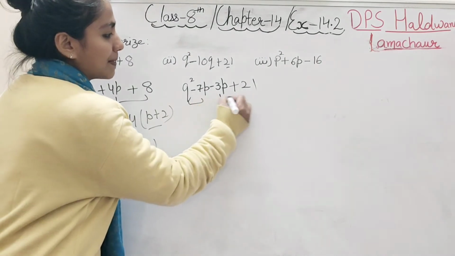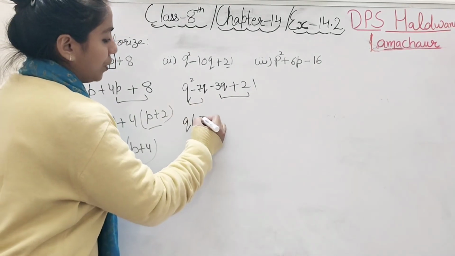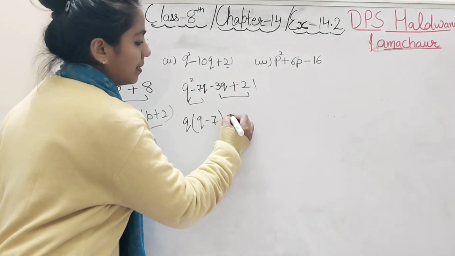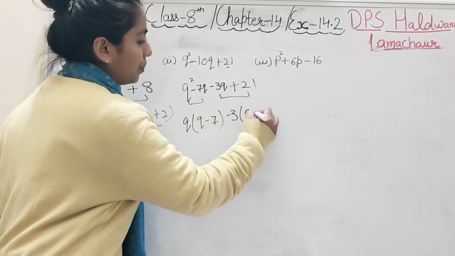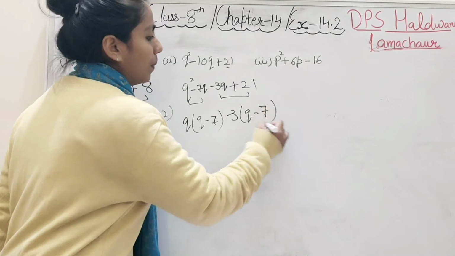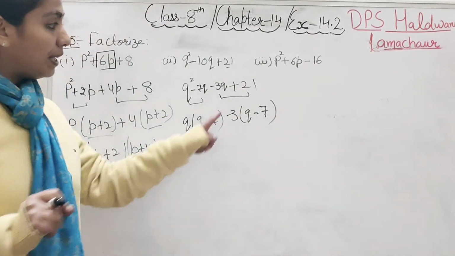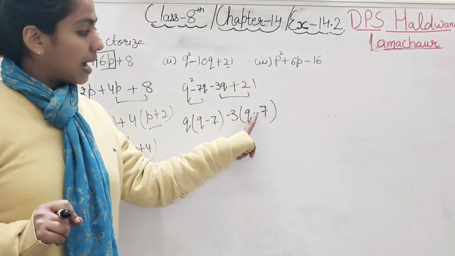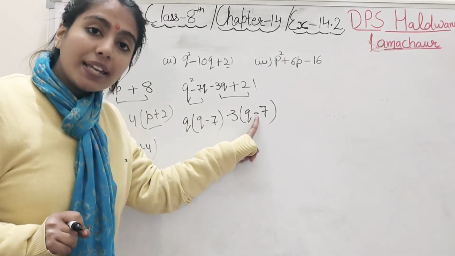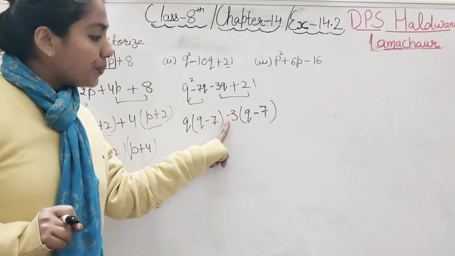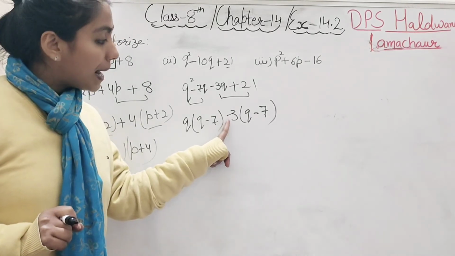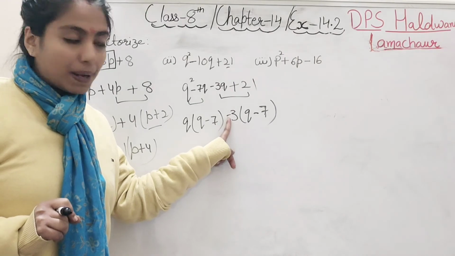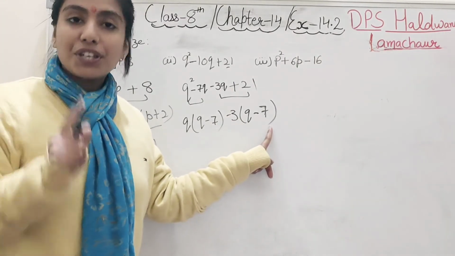Okay, pairs, q is common here, q minus 7, and here you can take minus 3 common. Inside will be q minus 3 7s are 21. Please understand carefully. This was plus 21, meaning plus 7 had to come. I have written minus. Why? Because I took minus 3 common outside the bracket. Whenever there is minus outside the bracket, the signs inside change.